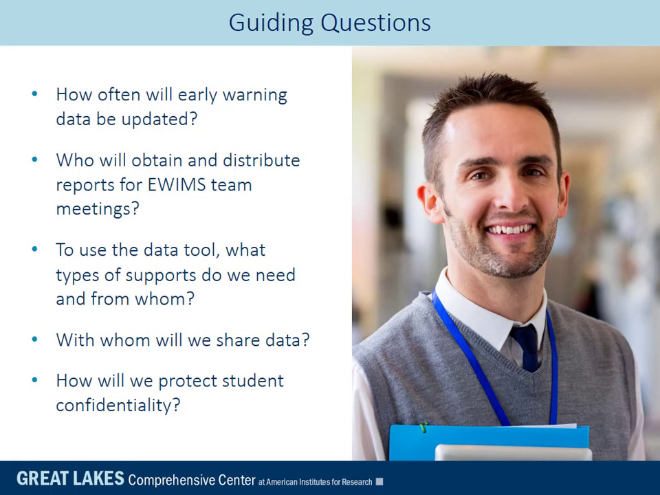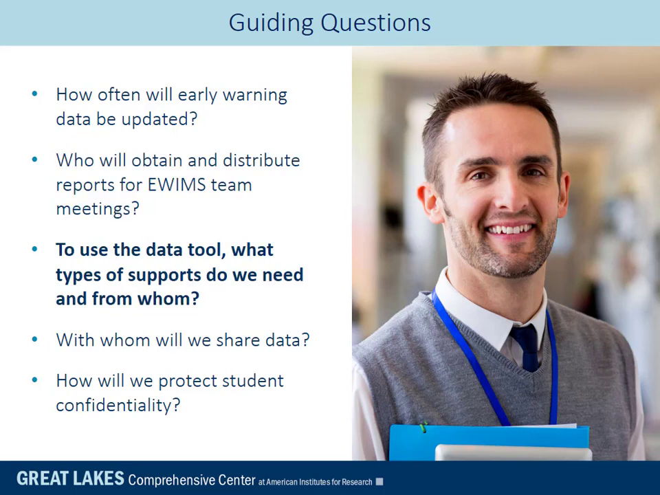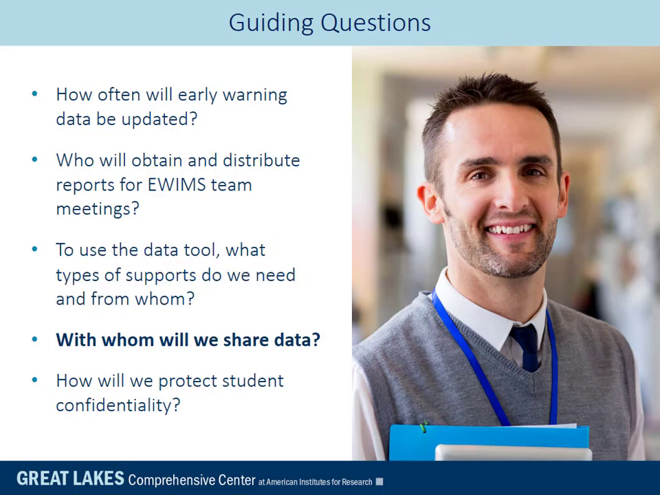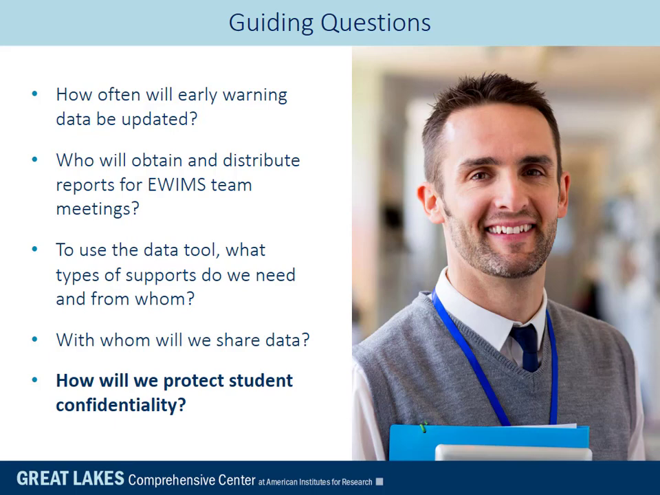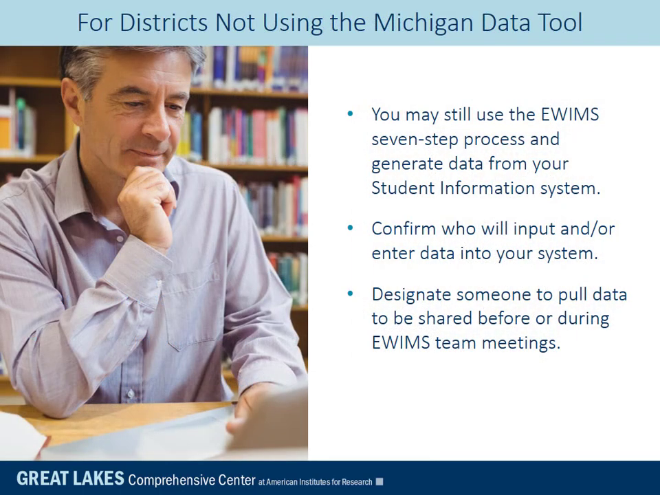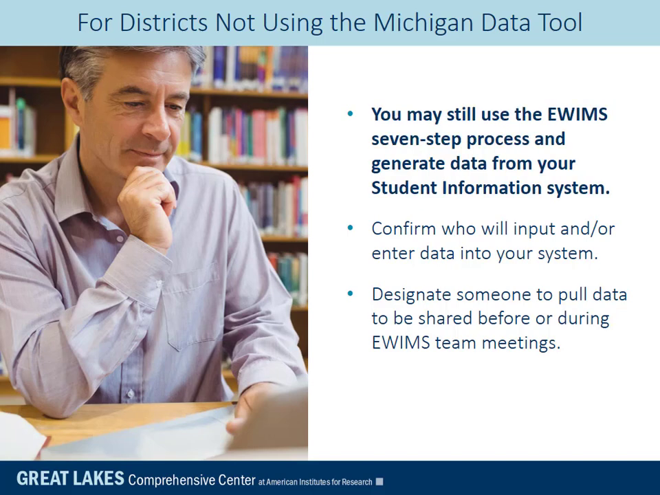Regardless of which early warning data tool your team uses, the team will need to discuss these issues. How often will early warning data be updated? Who will obtain and distribute reports for EWIMS team meetings? To use the data tool, what type of supports does our team need and from whom? With whom will our team share data? How will student confidentiality be protected? Because many individuals will have access to the data, this issue is important, and your decisions about protecting confidentiality must be clearly communicated. If your district chooses not to use the Michigan Data Tool, you can still use the EWIMS